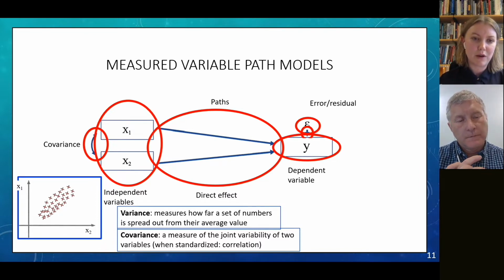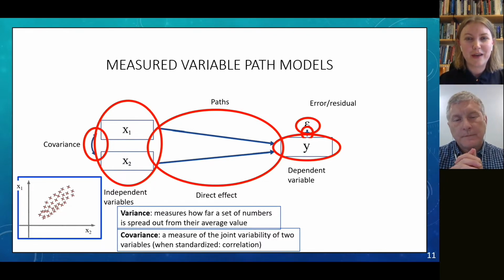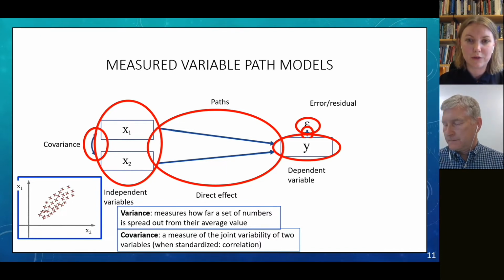And we can just see from the graph here fairly strong covariance or correlation between the two. Okay, and then we have these single-headed arrows that are direct paths, or direct effects. So in this model, we're hypothesizing that x1 has a direct effect on y, and x2 has a direct effect on y. And then we also have the little direct effect from the error.